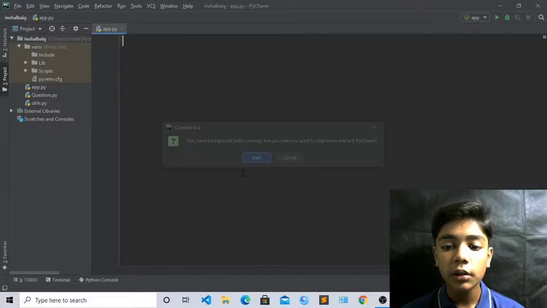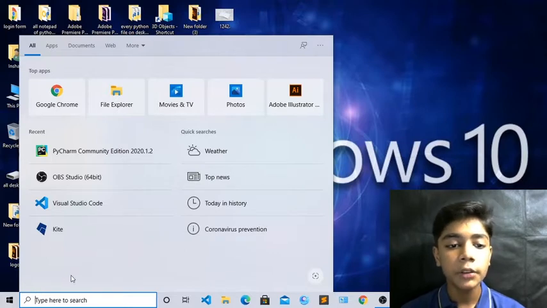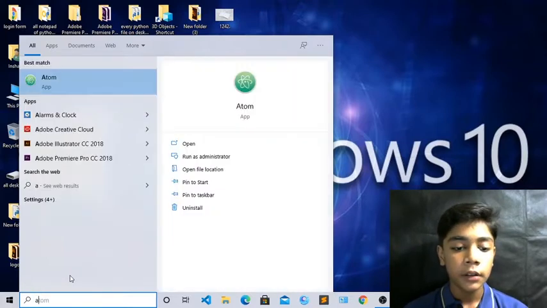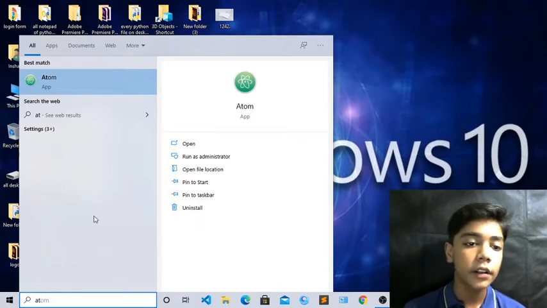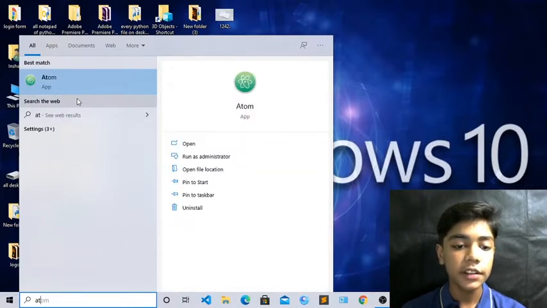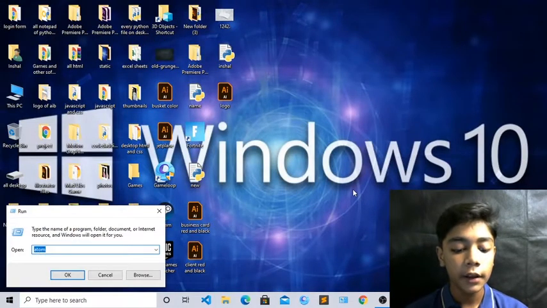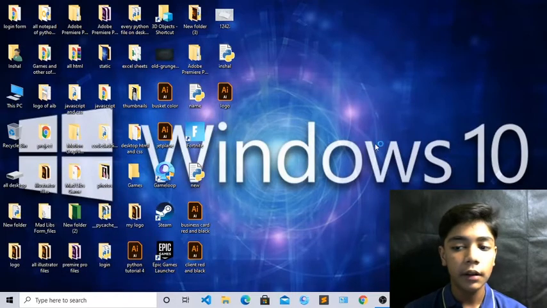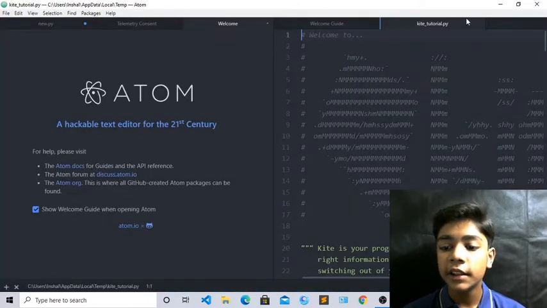Just close it, because it has many features, but it does not have the colors of PyCharm. So we will work with Atom, because it has many features and it is a good text editor for coding like Python. Now just erase this. You can see there is the Atom text editor. You can open it from here, either from the Windows search, write Atom and press enter. So you can see your text editor Atom coming.